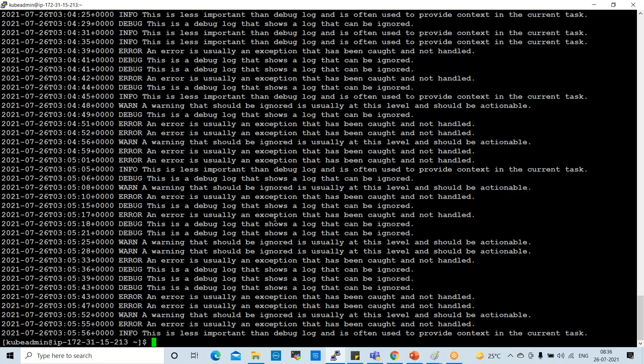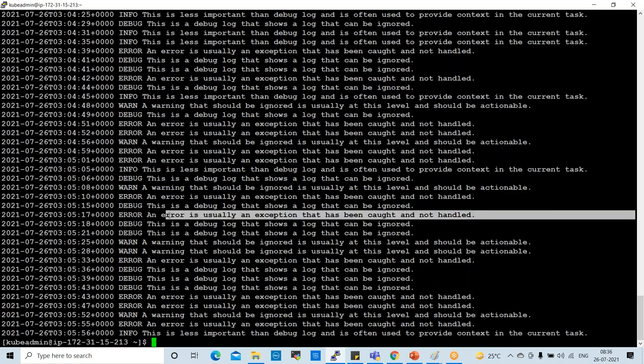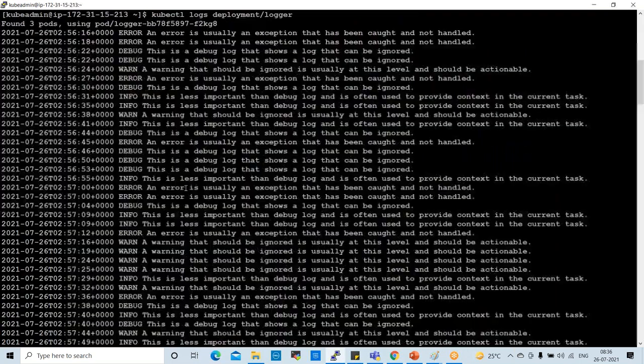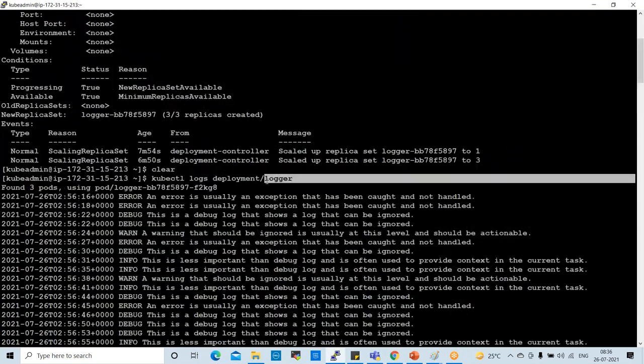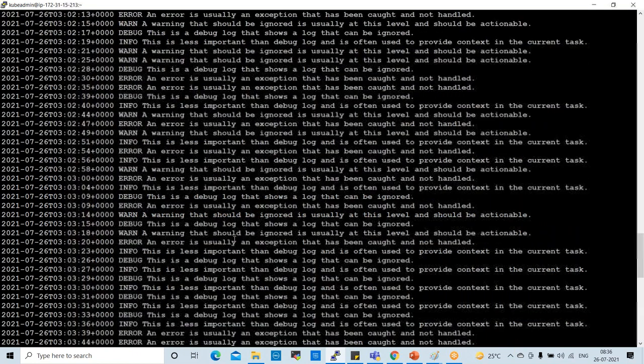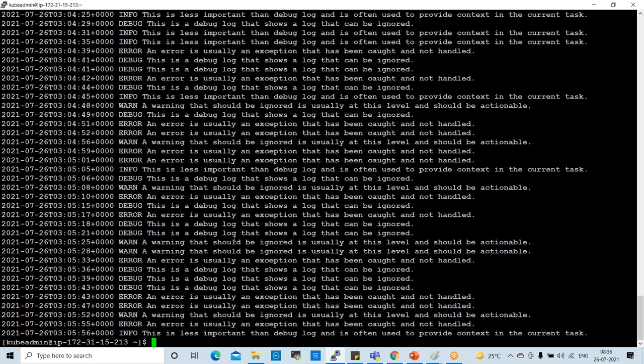Okay, see here, these are the different logs. An error, usually an exception that has been caught and not handled, right? So timestamp and debug or error, then the error description. These are all logger logs. So like this, you can check a particular deployment's logs.